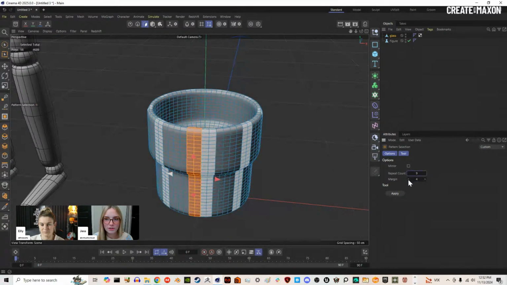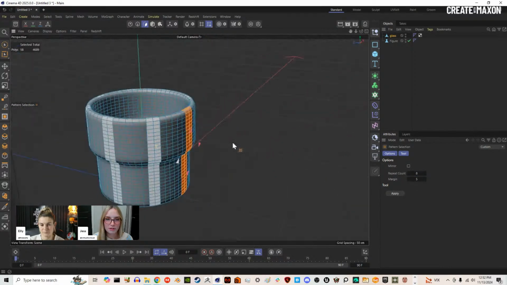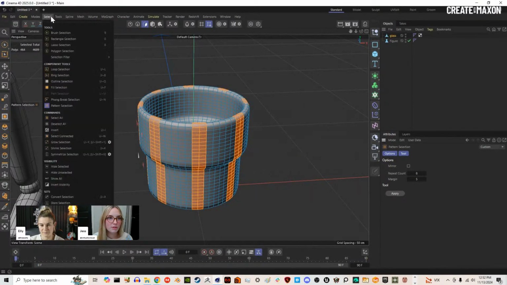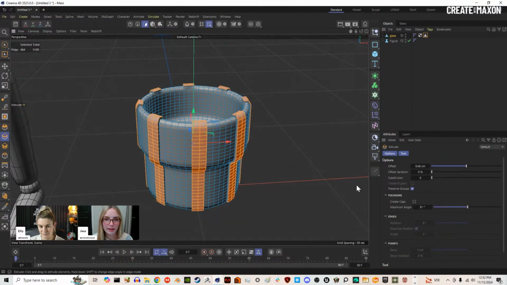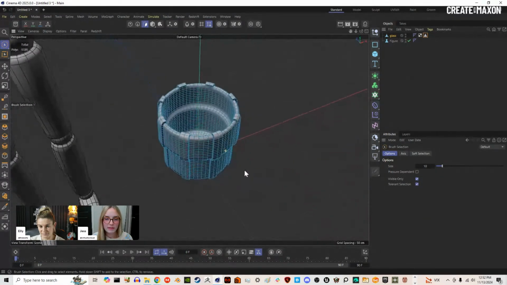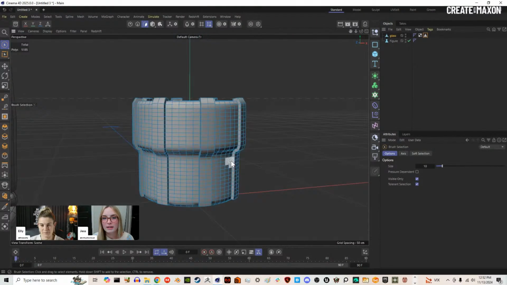So I try to just even this out. So it might take some finagling. Maybe we'll just say something like this looks fairly even to me. So then if you're happy with that selection, you can hit apply. It will make that selection. And then we can go up to select and store it, so that now we can always go back and click on this if we need. But before deselecting that, I'm actually going to go to the extrude deformer, and I'm going to click and drag over where we had those same selections. So this is going to add some really interesting ridges to our glass, and we'll just make it a little bit more fun for the actual reflected caustics on the ground. Okay,